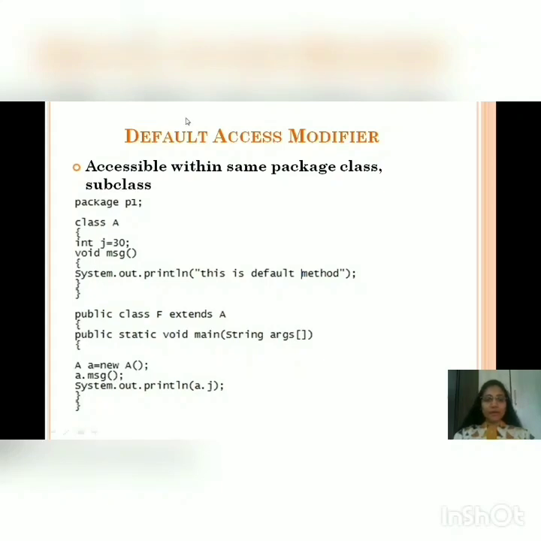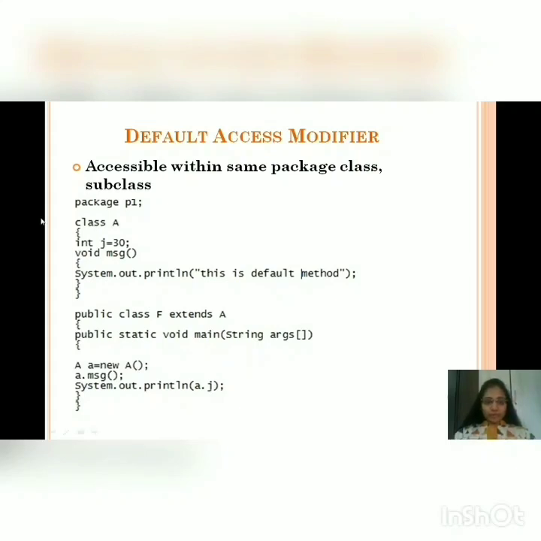Same way variable j is default as I have not written anything before integer j. Now as these are declared as default, it has access to the subclass of the same package. So if class F extends class A, that means F is a subclass of A and it has access to the default method and default variables of class A.